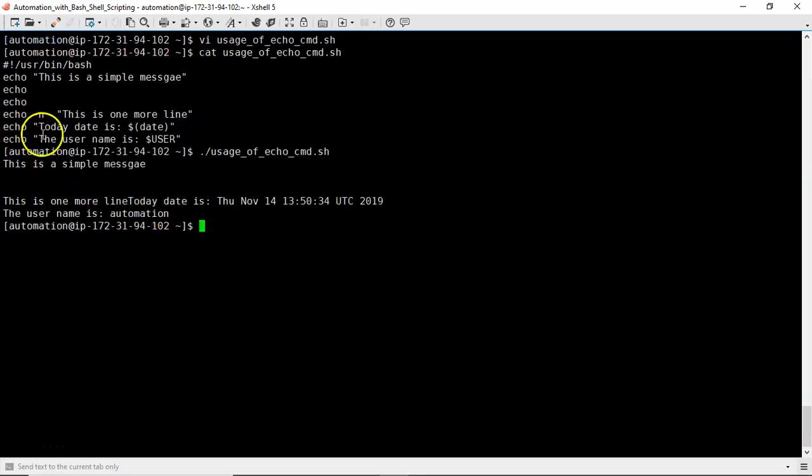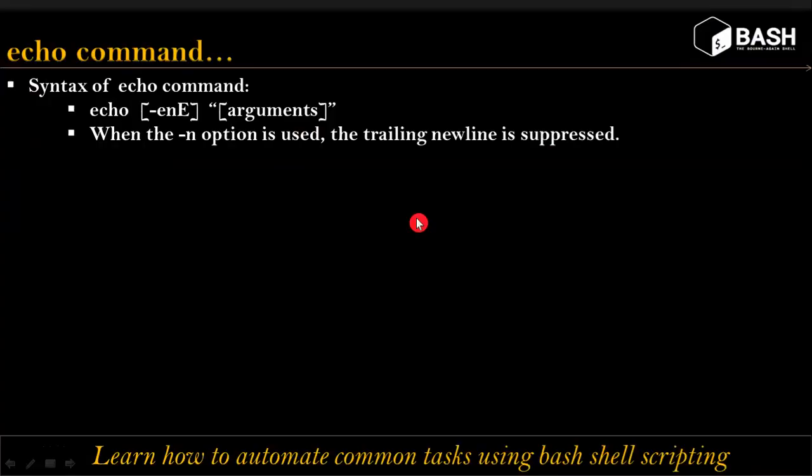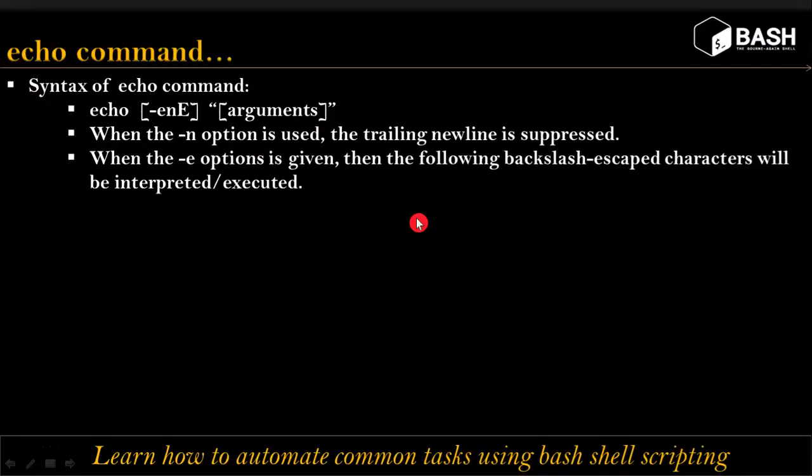See, you are having -n for this is one more line. Yes, you are getting this is one more line. But after that, generally your cursor has to go to the next line. But because of this -n, your cursor won't go to the next line, and whatever is there in the next line will be executed in the same line. That's it. So that is the usage of -n. Sometimes while writing our shell script, for our designing purpose, I mean to showcase our shell script, we will use the -n option as well.